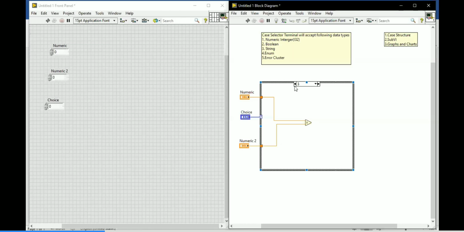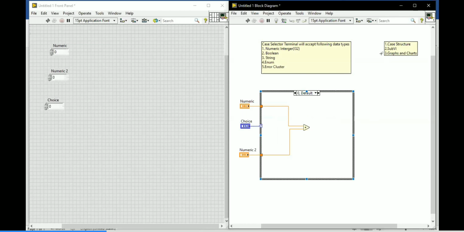Now come to the indicator side. Indicator we need. Now I am going to connect the indicator here. Now tell me, where will you place the indicator, whether here inside or outside the case structure? The same question as we saw for the input. Where you place it depends upon the application. Now where will you place your indicator? Outside the loop, outside the case structure.